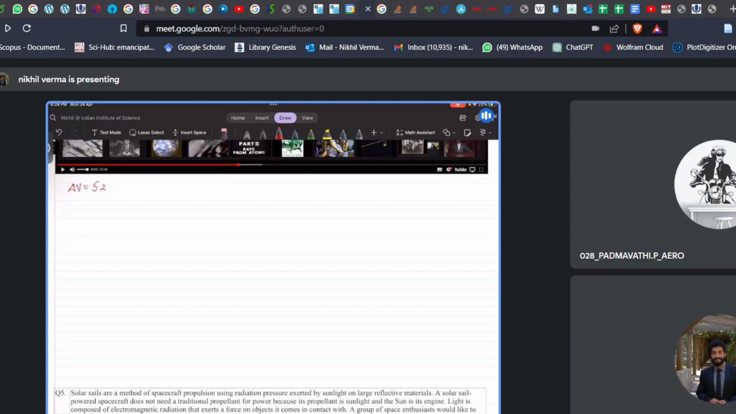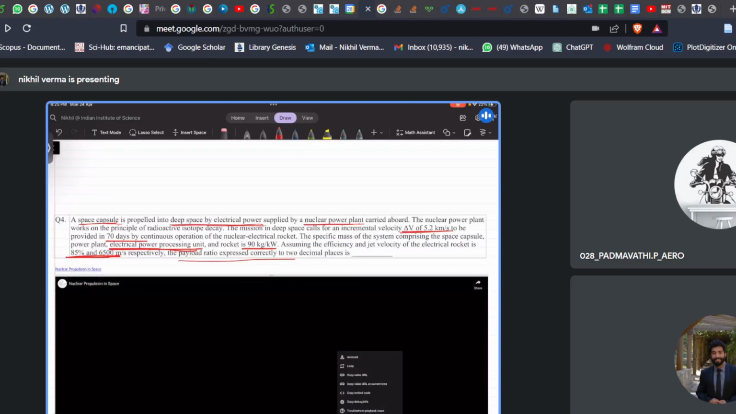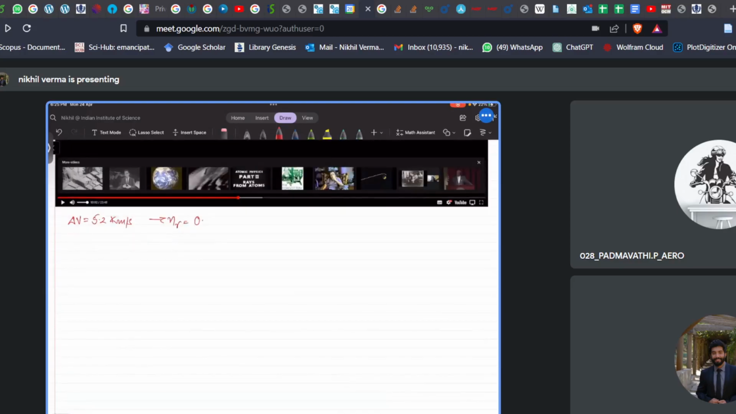So delta V for a particular mission is 5.2 kilometers per second, and the efficiency of the electric rocket is 0.85, and the time duration is 70 days. Let us calculate this into seconds. So we have 70 into 24 into 3600 seconds. Okay, so now we have to calculate what is the payload